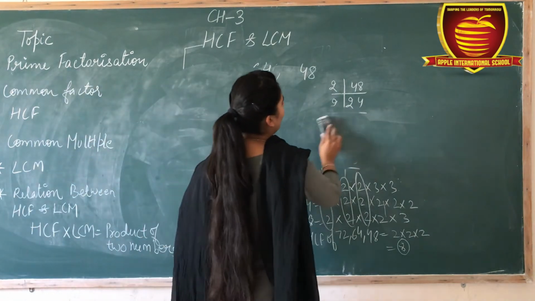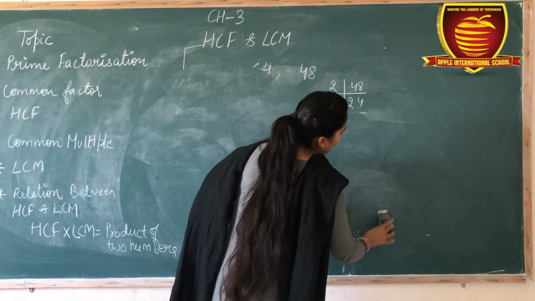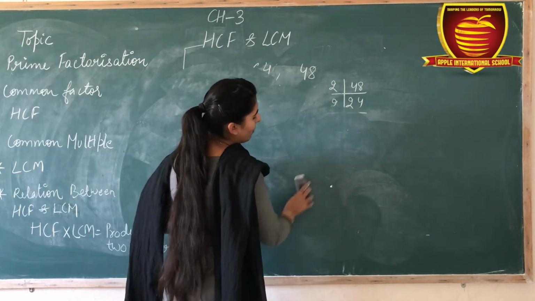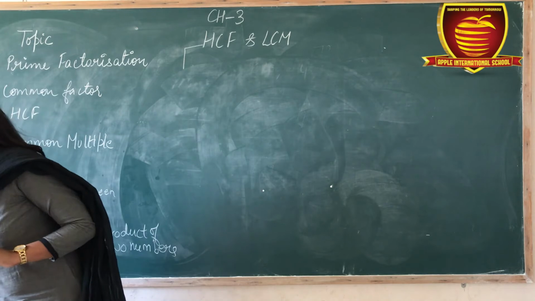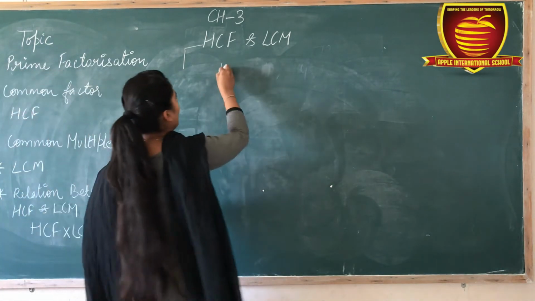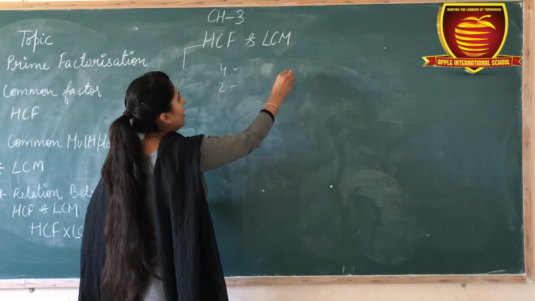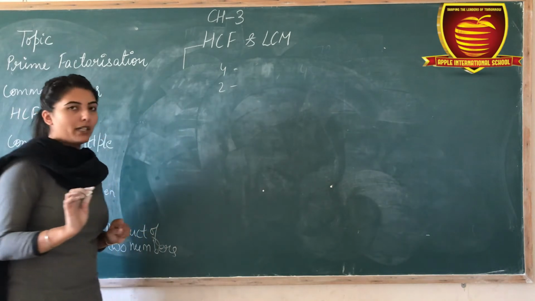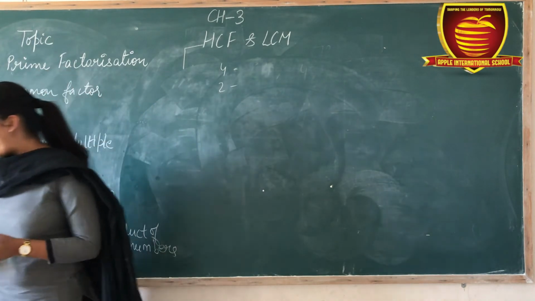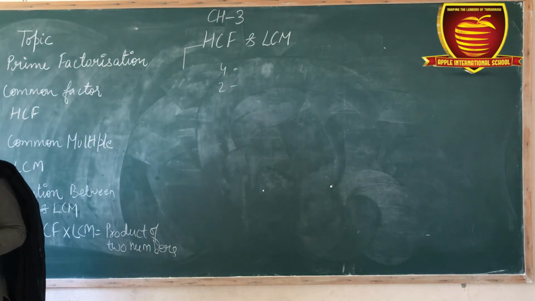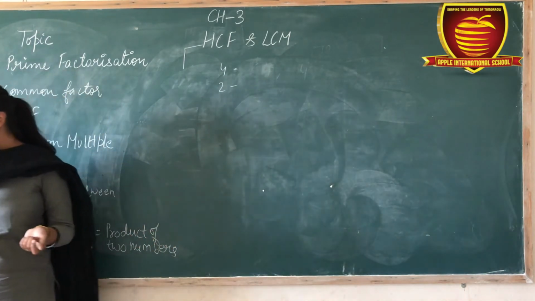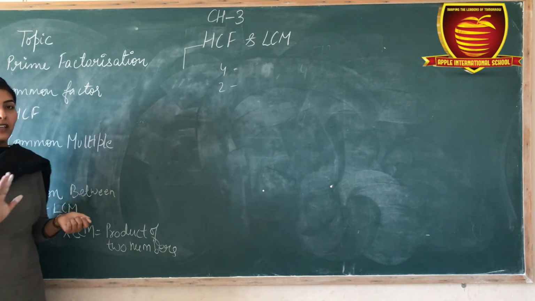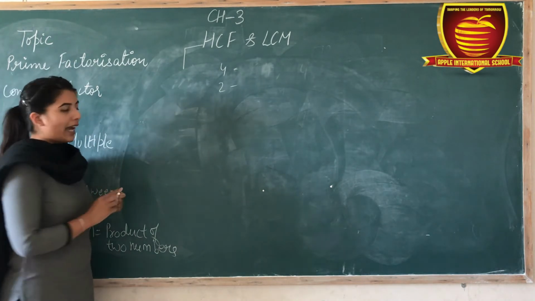Multiples means all the numbers that a given number is a multiple of. For example, previously we talked about 4 and 2. We wrote all the multiples and found the common multiples. Now, after that, there are many further types to find the highest common factor. The first type we have done. Now the second type is